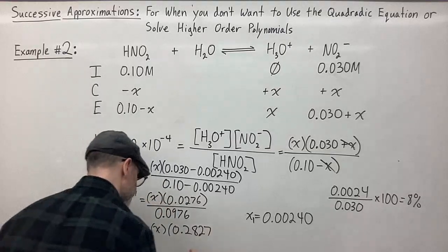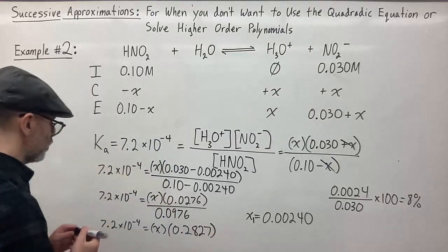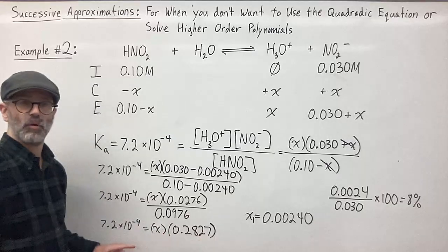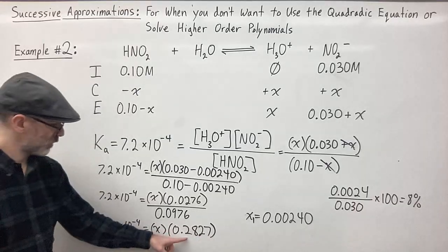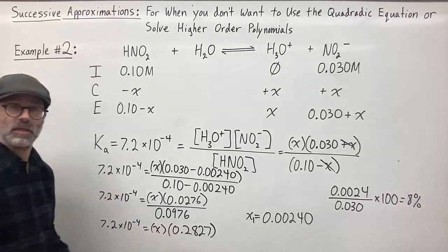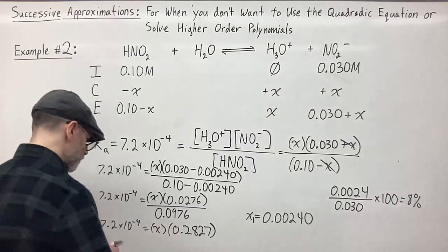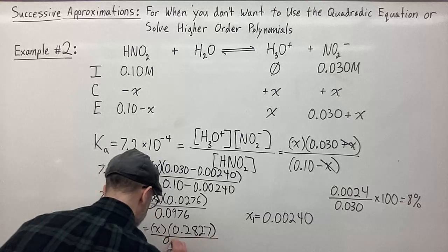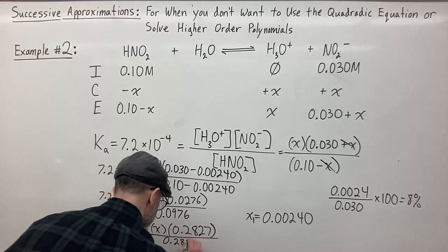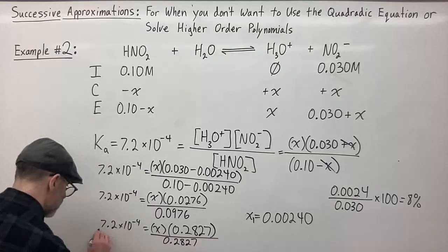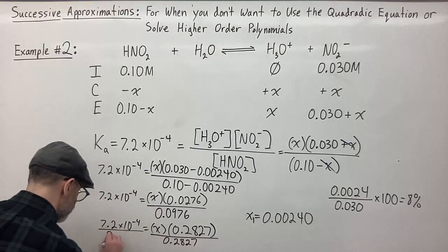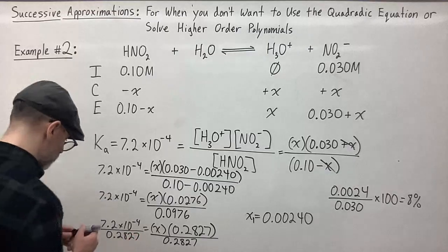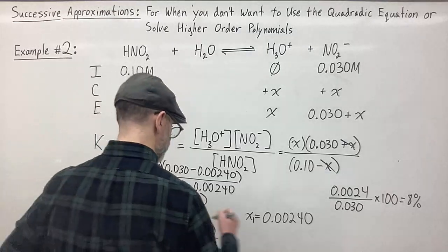Okay, so I got more digits than I need. And so now all I need to do at this point is divide both sides by 0.2827. So let's go ahead and do that. So I'm going to divide this by 0.2827. Divide this side by 0.2827. And when I do that, I get